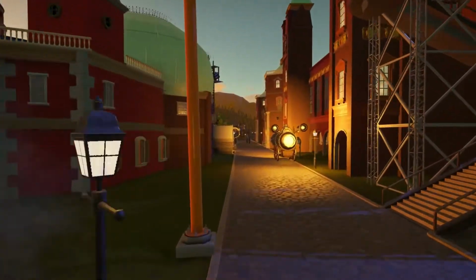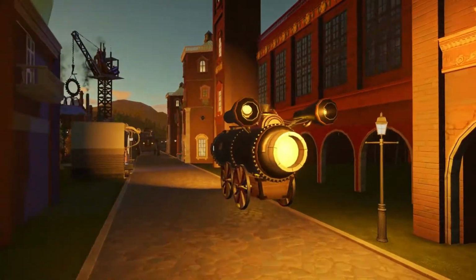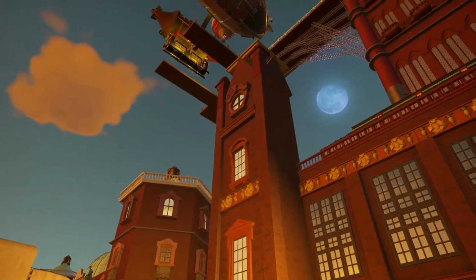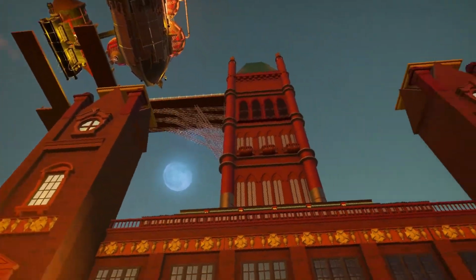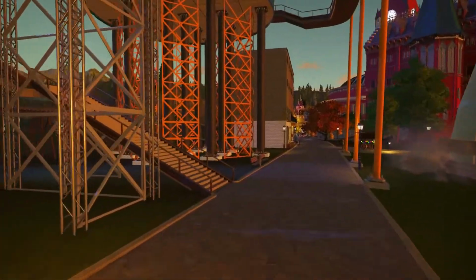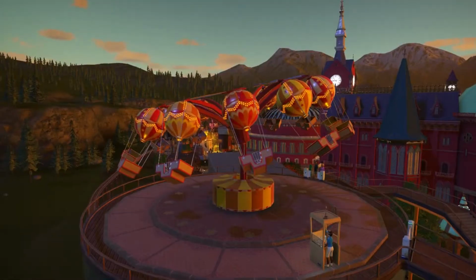Speaking of which, we're going to be coming to our airport here in just a moment. First out front, we have this sort of drill cart. And here is our skyport, where we have our airship docking area. Connected with this, I wanted there to be a hot air balloon, and this is where we put our hot